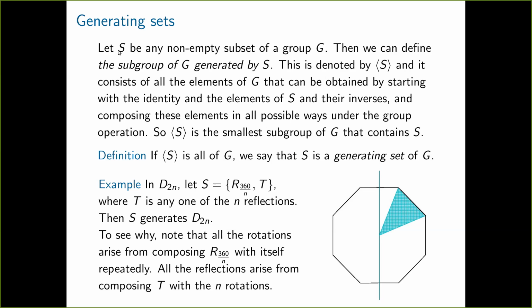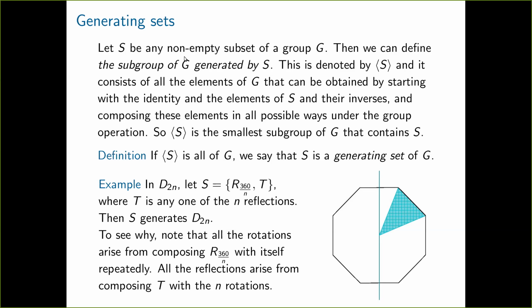We've covered the case with 1 element, but think of a subset with 2 elements. Okay. So we can define the concept of the subgroup of the whole group generated by this element S. Okay. So if S has a single element, that's the cyclic subgroup generated by that element. But if S has 2 elements, let's say they're called X and Y, then we can say that any subgroup